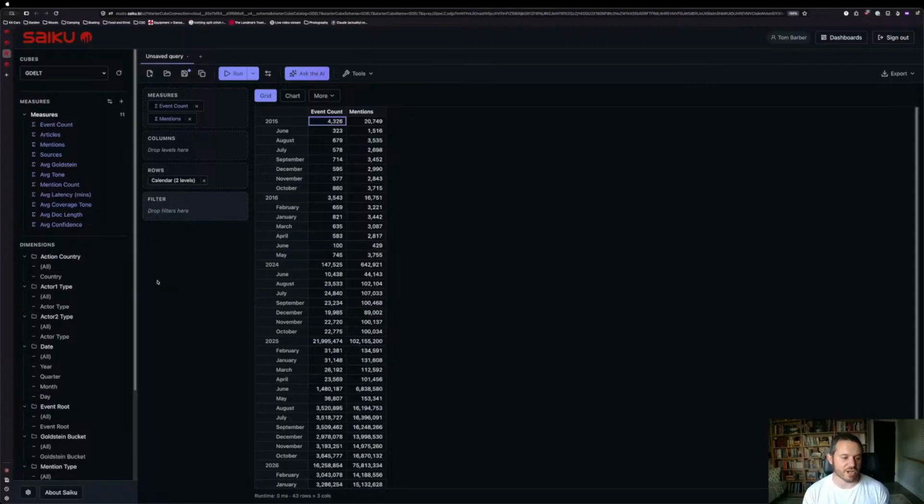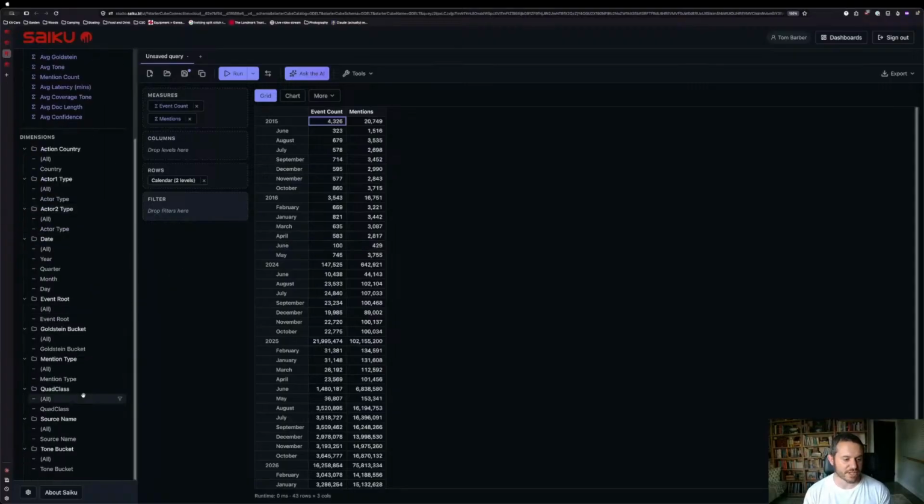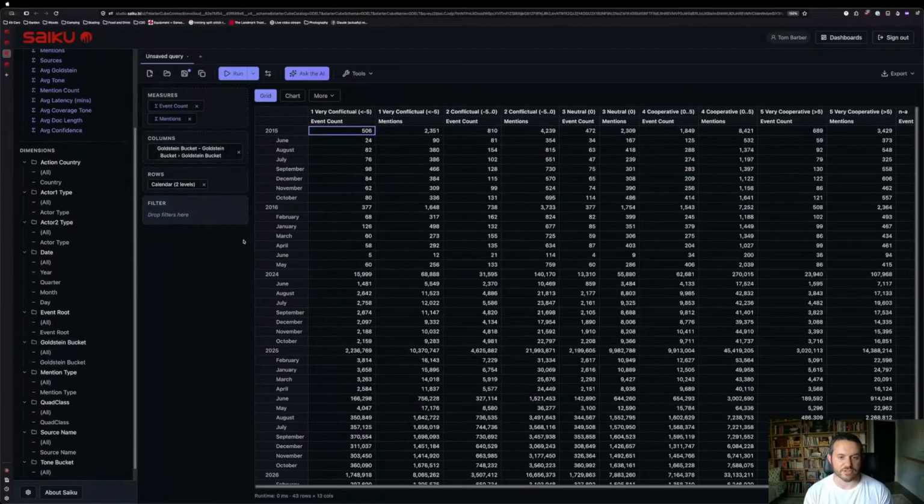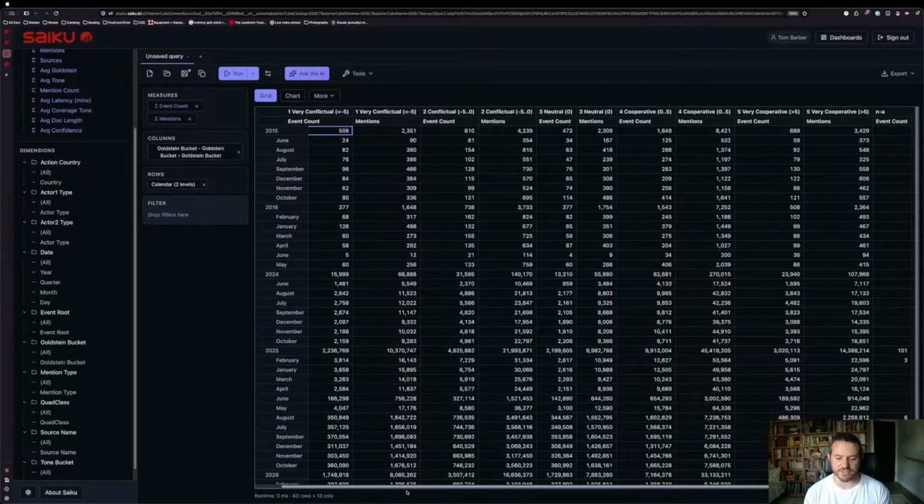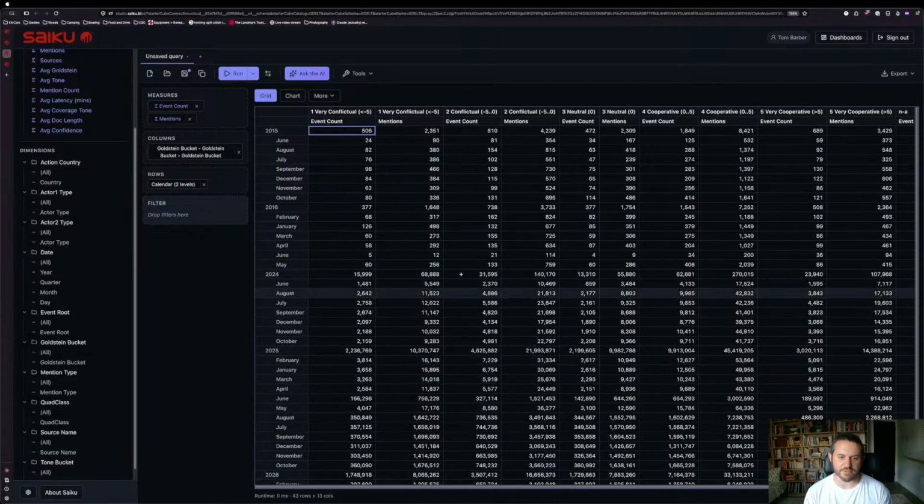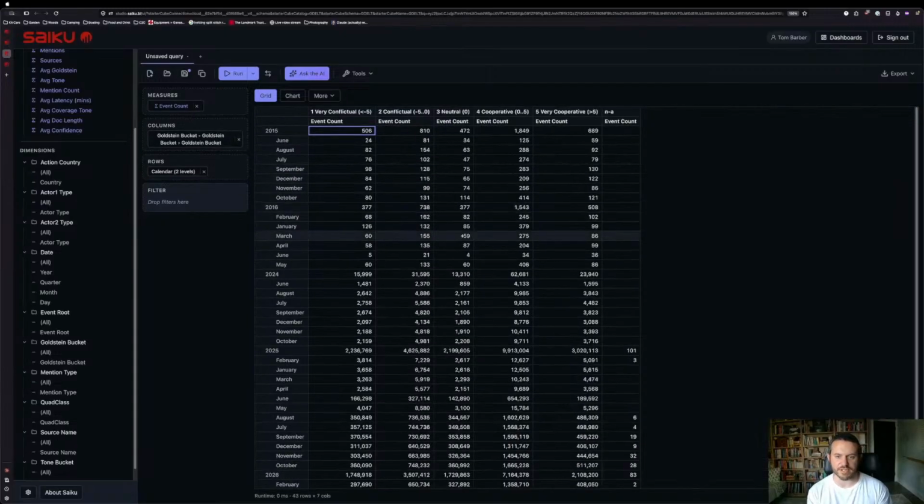Because it's OLAP and crosstab, I will then take a dimension. So if I wanted to pivot that by Goldstein, you can see that we've bucketed up the Goldstein here so that you get an understanding as to what the conflict looks like. And so was the data coming in, in these events, if I take out mentions, for example, to make it a little bit easier to see,